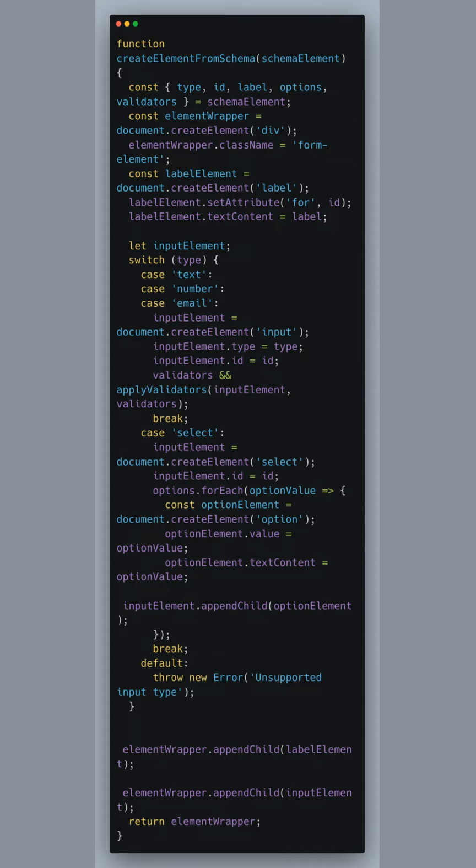Let's dive into the create element from schema function. This function is responsible for generating individual HTML form elements based on a given JSON schema element. The schema element includes type, id, label, options for dropdowns, and validators for applying validation rules. Depending on the type of input, this function creates the appropriate form field and binds it to a label element